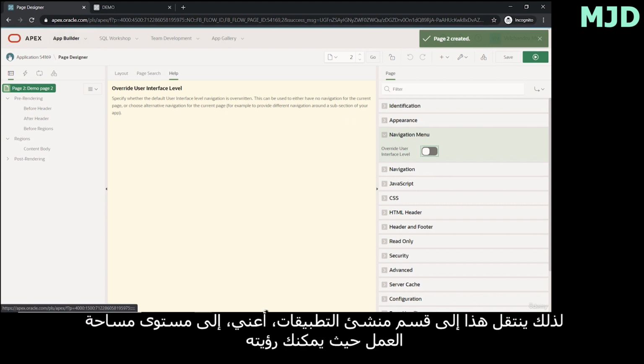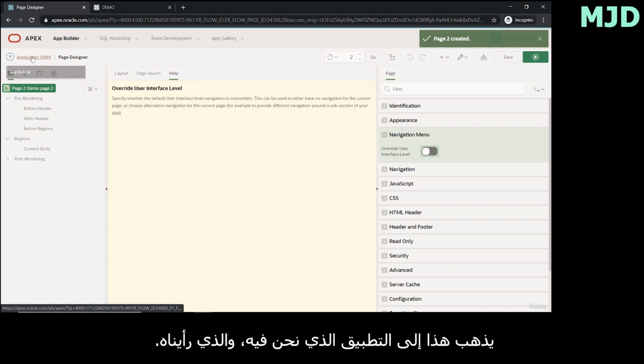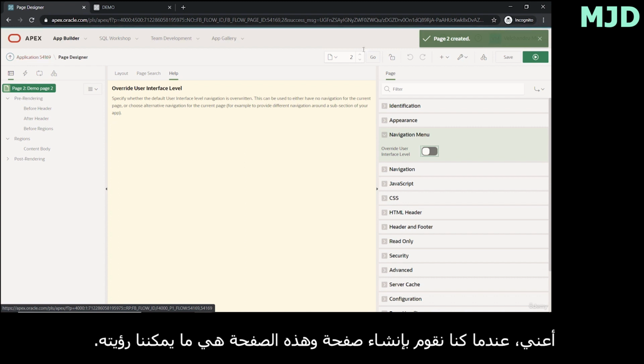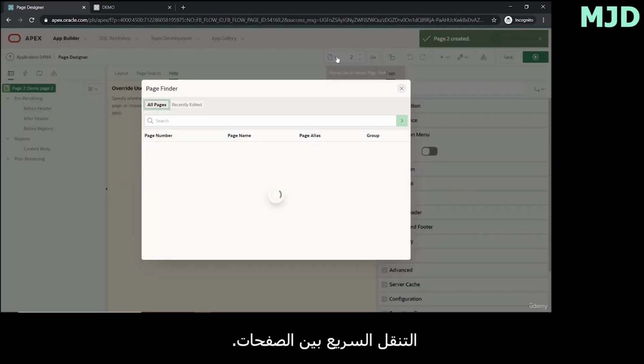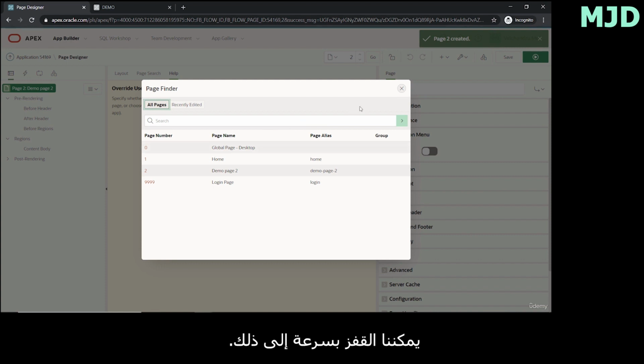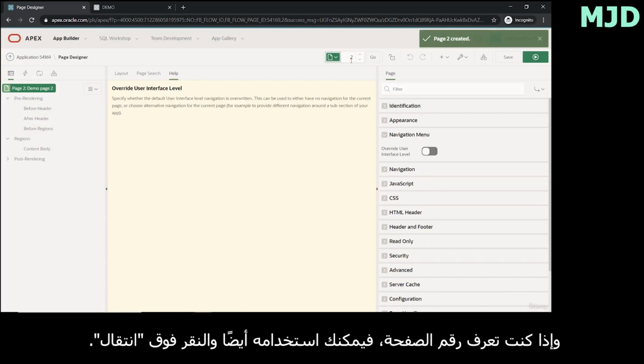So this one goes to the app builder section, I mean to the workspace level, where you can see all the applications. This one goes to the application where we are in, which we have seen when we are creating a page. And this one is for quick navigation between the pages. So inside the application we have these 4 pages listed. We can quickly jump to that, and if you know the page number, you can use this as well